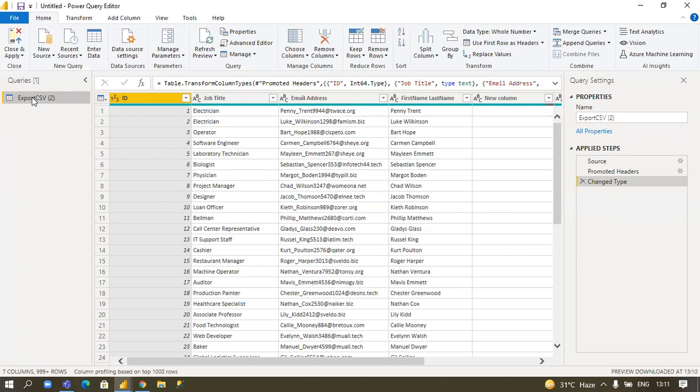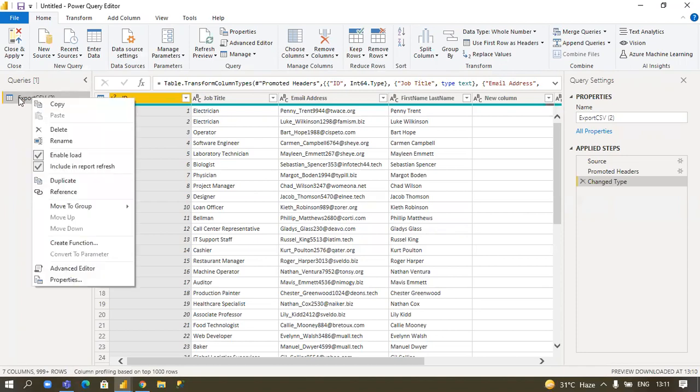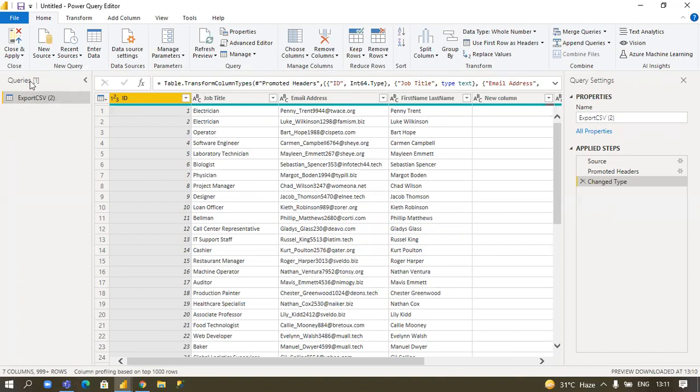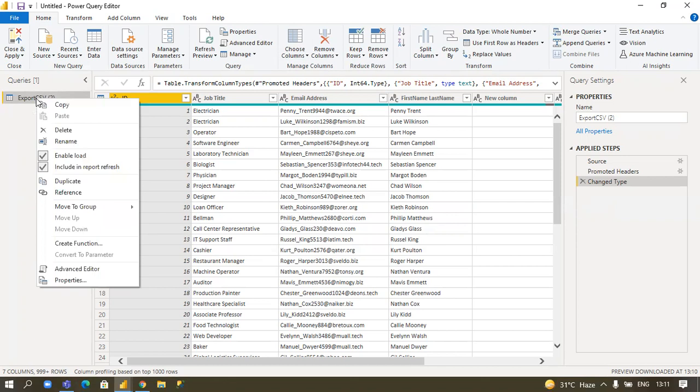I right click on the table name. You can see the name of the table which I imported, export CSV2. I right click on the table name, and you can see duplicate.